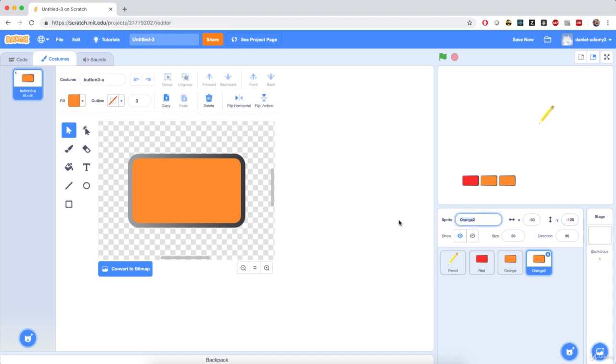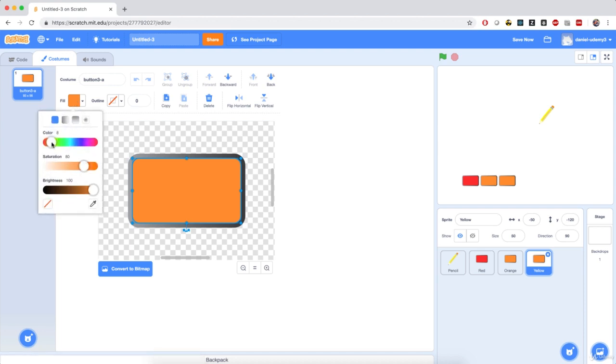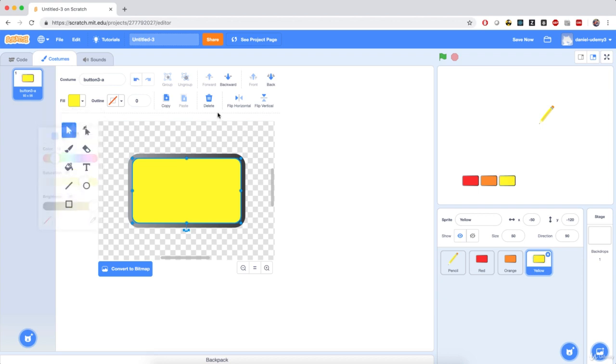All right. I'm going to name this yellow, and I'm going to click on the rectangle again, click on fill, and then I'm going to drag the first color slider a little bit to the right. So I'm going to set it to maybe color 16, something like that. Okay, so I have a yellow button. Then I'm going to duplicate this as well, bring it down, name it green,